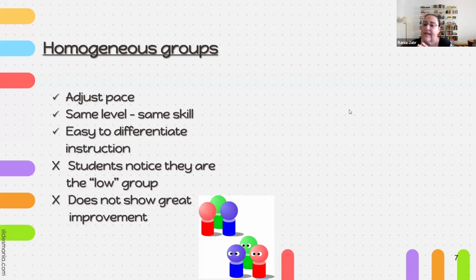So basically we are saying this group is weak in vocabulary. Here is a specifically crafted vocabulary exercise to help them improve this area of weakness. But on the flip side, the students do notice that they are in the low group. So I never use the word low group or weak group. They can feel it, but it's not something that we advertise, because I shuffle the groups often, so basically it disappears in the wash, as they say. So they don't realize that we're always in the weak group, or we're always grouped with such and such a person.